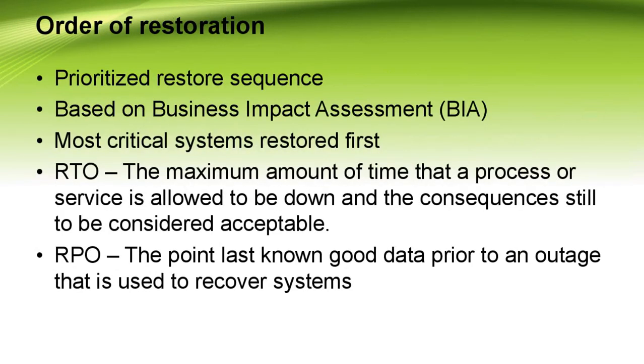Okay, next slide. Order of restoration. Part of the planning for a disaster is to decide the order of restoration: which system should be restored first, second, and ultimately last. There are a couple of distinct factors to consider. First are dependencies. Any system that is dependent upon another for proper operation might as well wait in line to be restored until the prerequisite services are up and running. The second factor is criticality to the enterprise. The most critical services should be brought back up first.